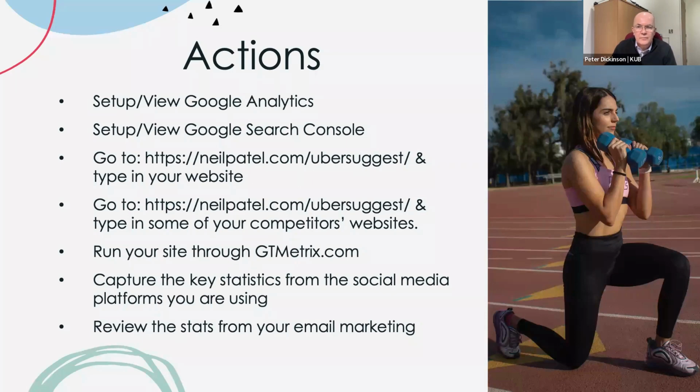So, the email. Just a question in chat: how did you get the email marketing stats, please? Okay, so those stats were in Ubersuggest. Sorry, not in Ubersuggest, in Sendinblue. There should be a report that you can click on, so you'll see a campaign. It doesn't matter whether you're using Active Campaign, Sendinblue, or Constant Contact, whatever. It should produce a report, and you should be able to view that report and see who's unsubscribed, who's opened the